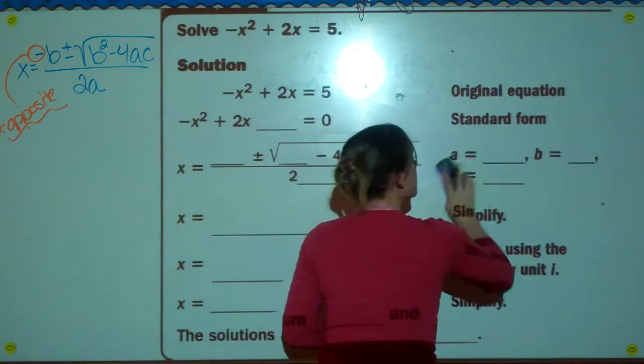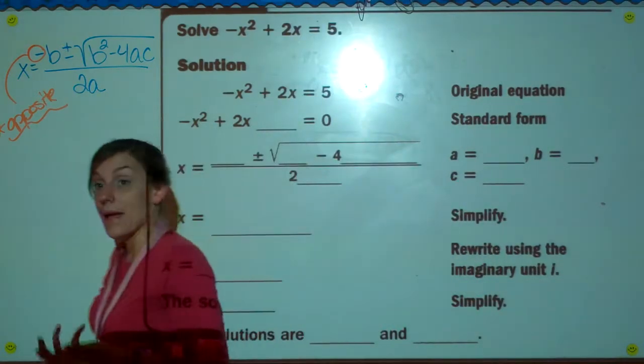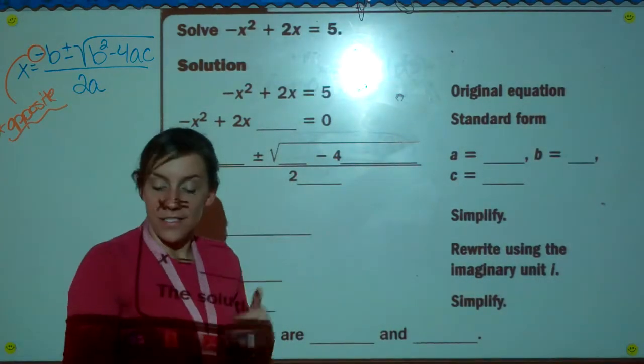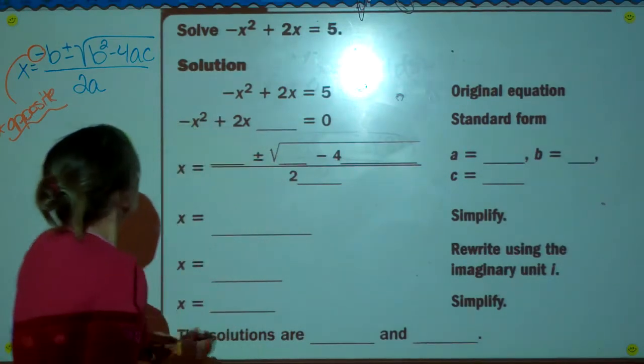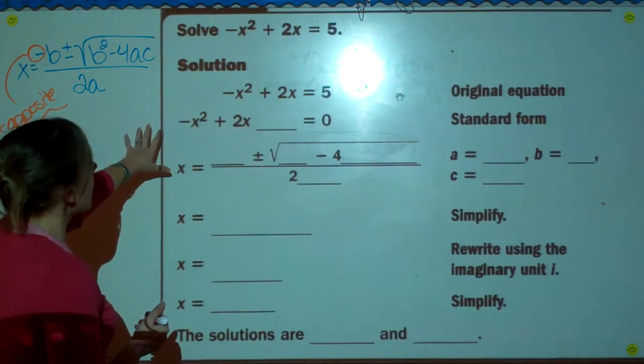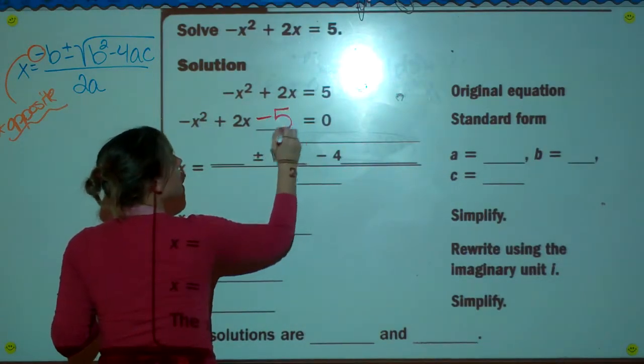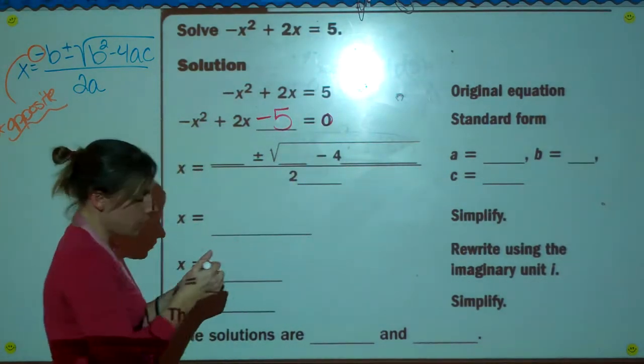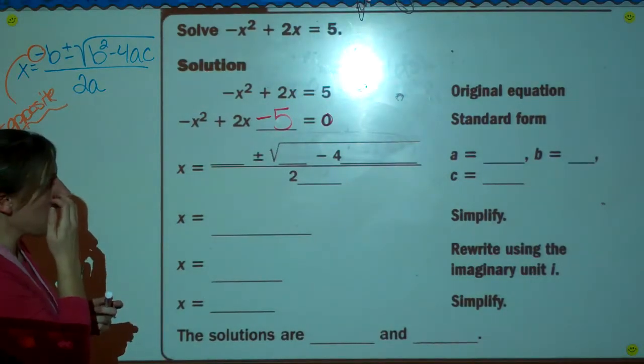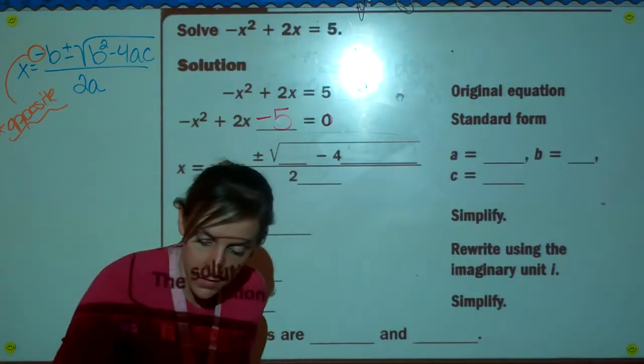All right, so now we're going to see what it looks like to get an imaginary answer. That, again, has something to do with the square root. Okay, so let's put it in standard form. So we need to get that 5 over here by subtracting it. That way it equals 0 like we want. Okay. Then we have A is,